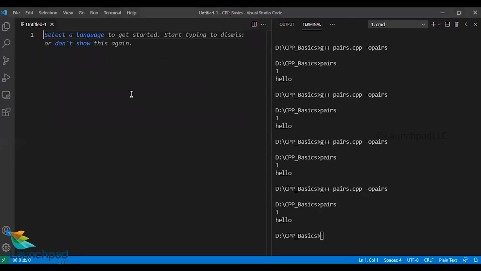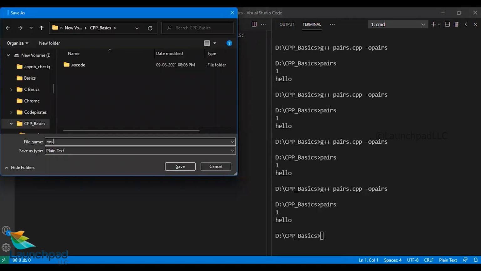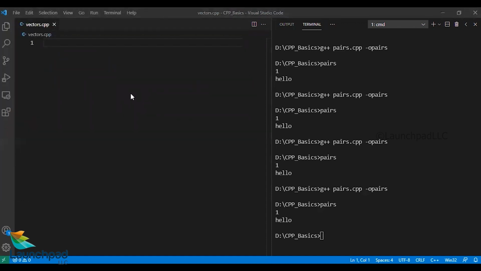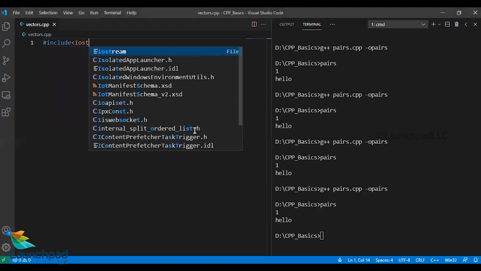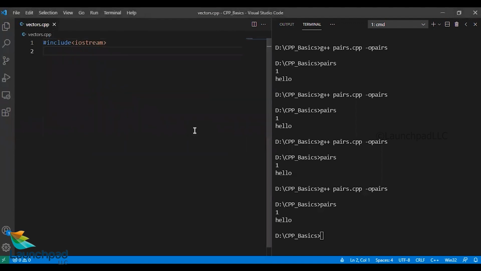Let's quickly create our first file with the name vectors.cpp, and let's start with our header file, #include iostream, and also the header file which is required for vectors, and using the standard namespace.